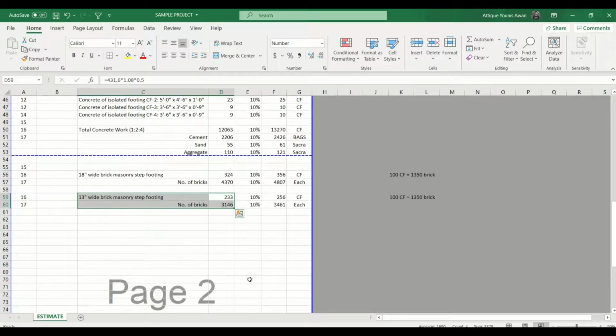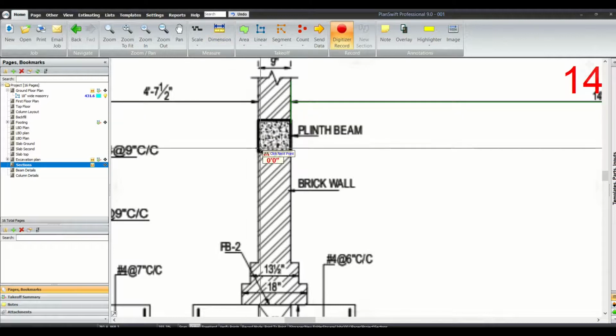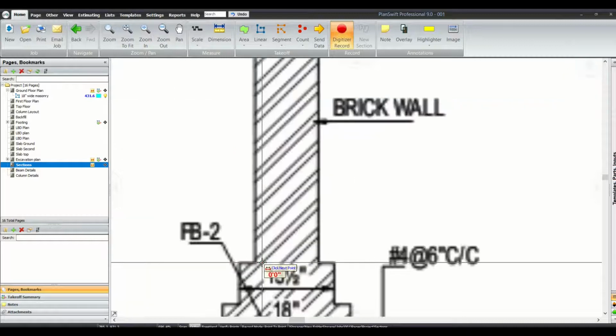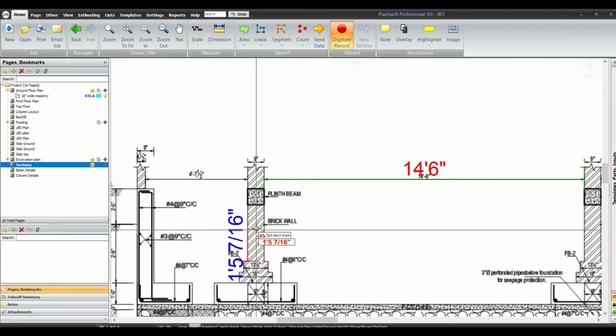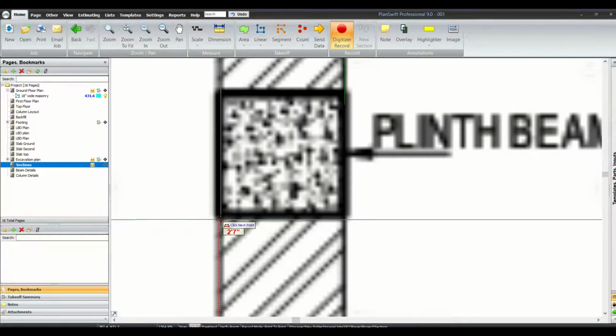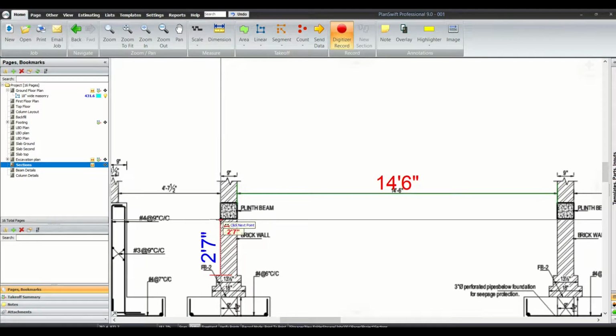After that, in the substructure we need the height of bricks up to this level. If we measure it precisely, it's around 2 feet and 7 inches. So 2 feet and 7 inches is the height of the brick wall beneath the plinth beam.